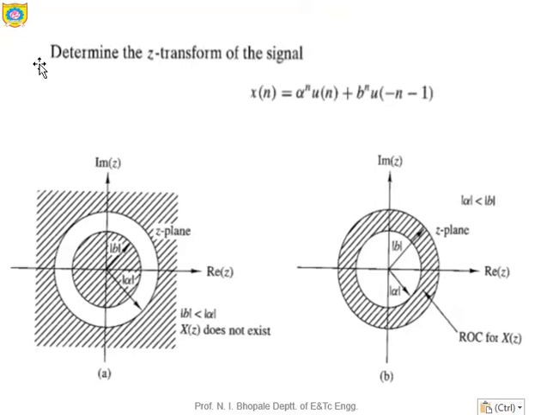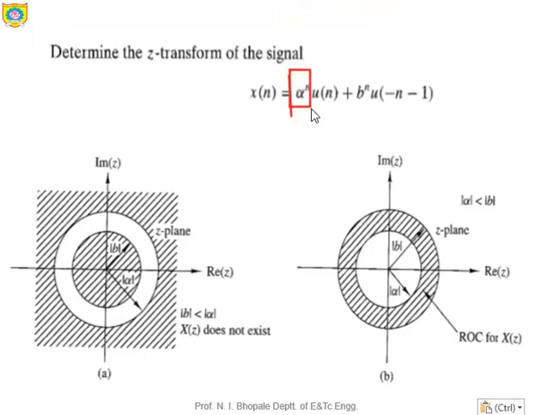So here the numerical is specified with the calculation of the Z transform. Determine the Z transform of the signal x of n is equal to alpha raised to n u of n plus b raised to n u of minus n minus 1. From this example it is quite clear that we are adding two